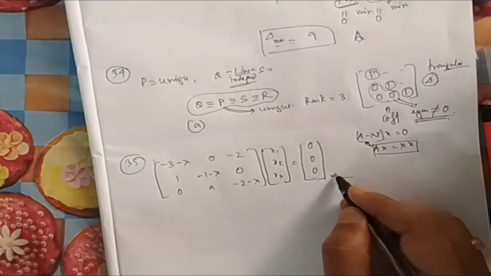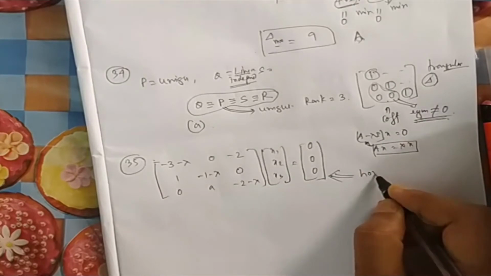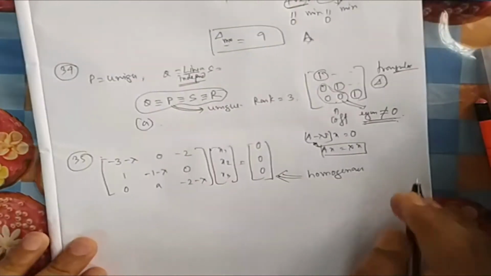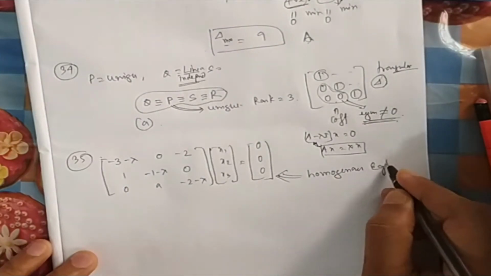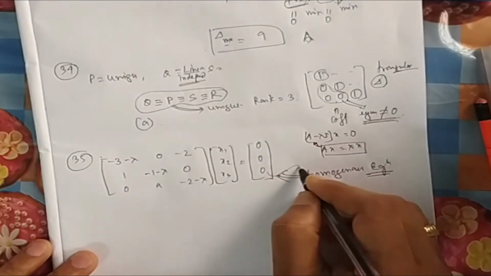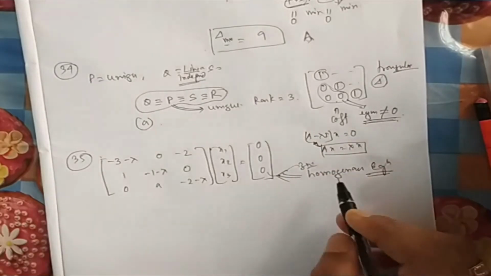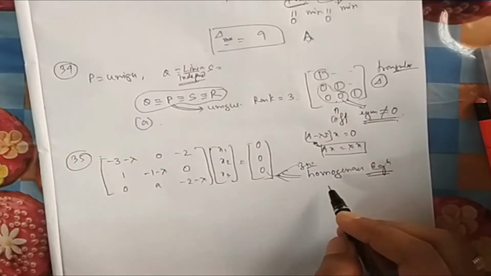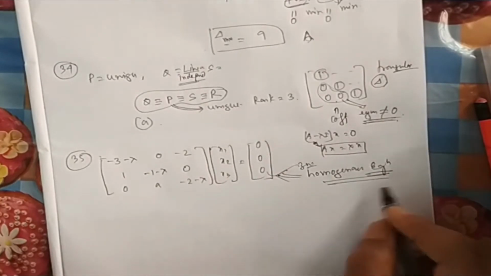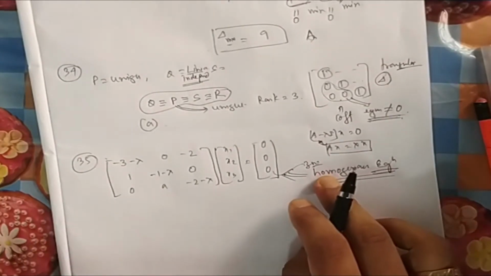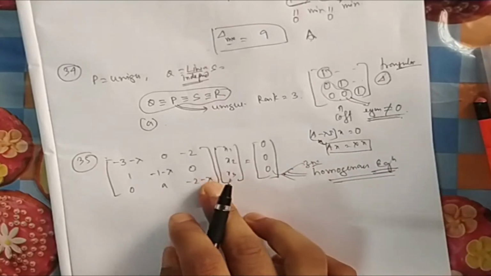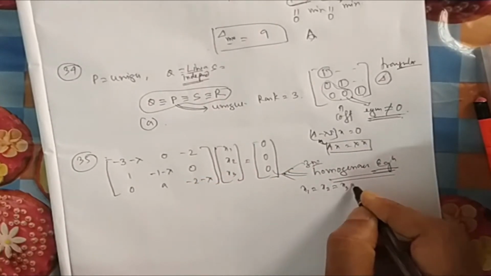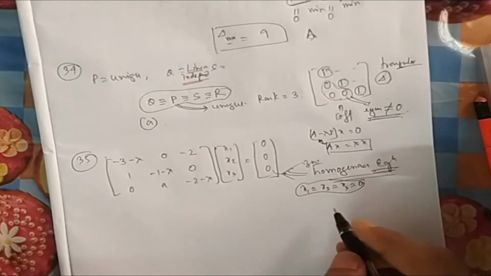Now if you look at this, it is nothing but a homogeneous simultaneous equation. I have already discussed this simultaneous equation many times. These are all homogeneous equations. Why homogeneous? Because the right side is 0. I think question number 3 and other questions covered this; I don't know the numbers, you can check earlier lectures. We have already discussed homogeneous equations. For homogeneous equations, 0 is always a solution. So one solution is x1 equals x2 equals x3 equals 0, all equal to 0.